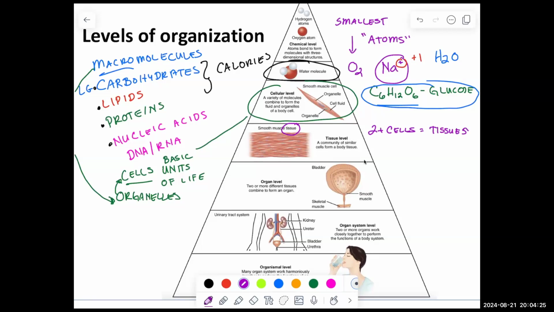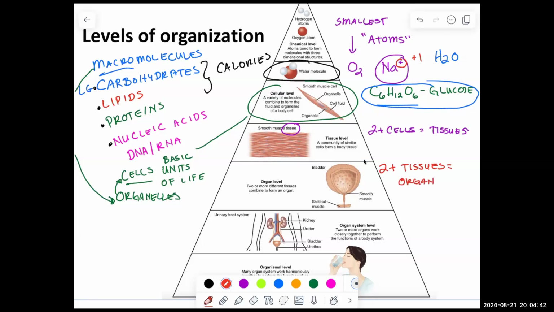So two or more cells makes up one tissue. When you start to combine two or more tissues, what do they make? Two or more tissues, a definition of what? An organ,